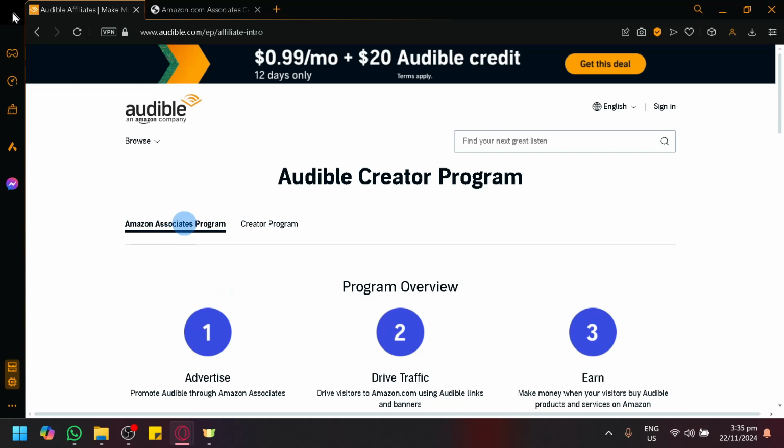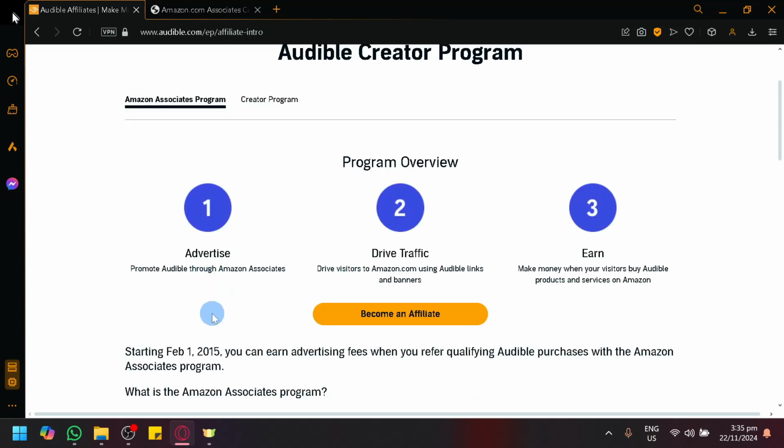They have the Amazon Associate Program, where you're first going to promote Audible through Amazon Associate. Amazon Associate is a separate affiliate program that you could sign up for. Then you drive traffic to Amazon.com using Audible links and banners, and earn money when visitors buy Audible products and services on Amazon. So it's like a collaboration between Amazon and Audible, where you earn money upon successful purchases